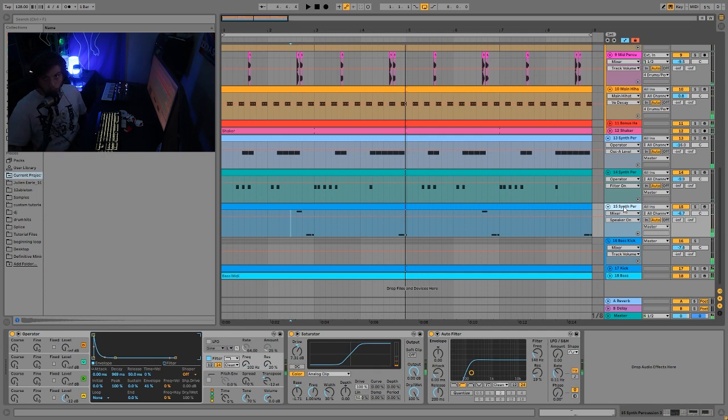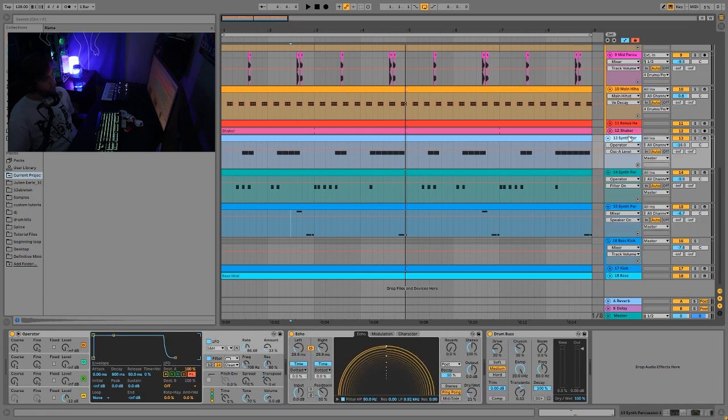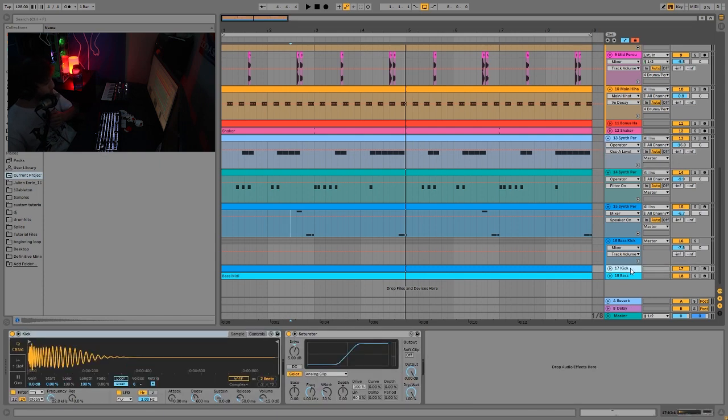But again, these are going to be really important. You'll notice that if you don't add these to your track, there's always going to be something missing. Something is just not going to quite be there. You need to make sure that you have the main big elements and you've got those sounding really good. But you also have to get these little background things and make sure that those are sounding really good as well. Then we have this kick,